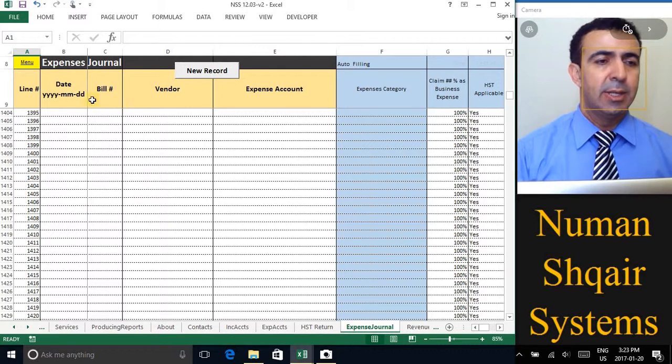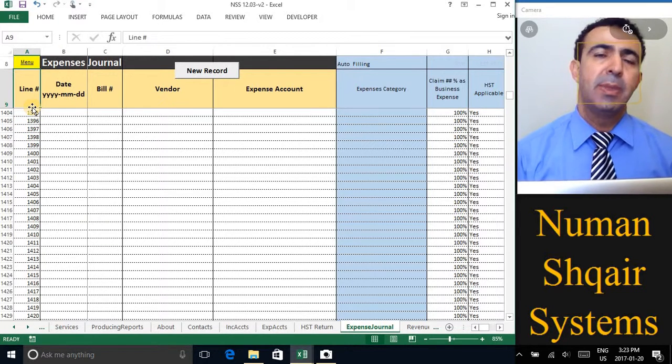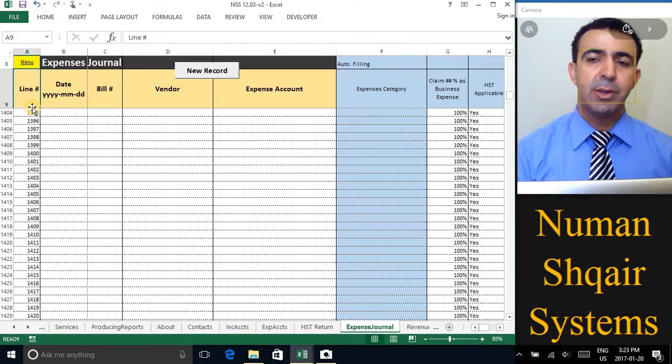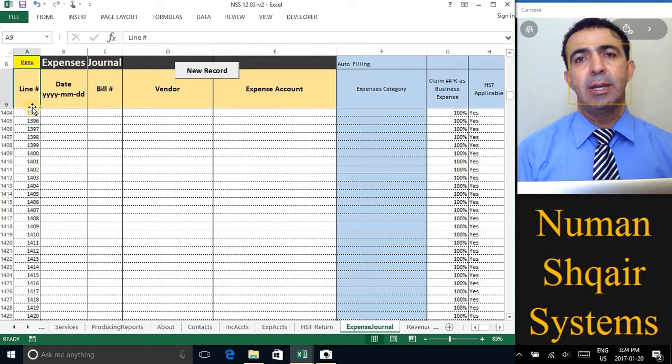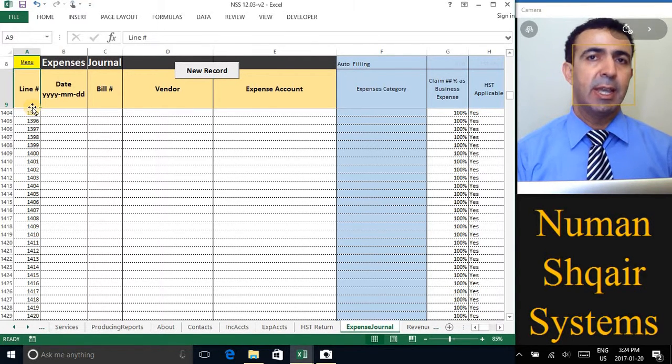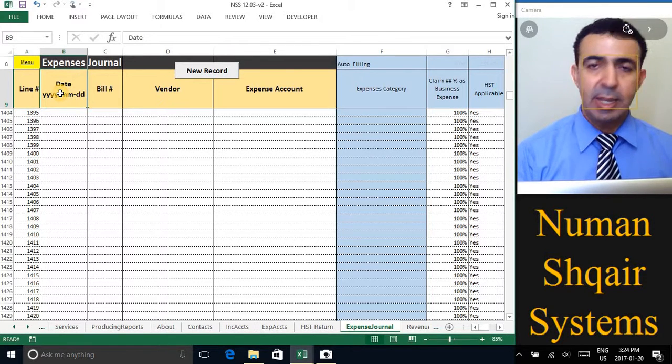Let me show you the various parts in this template before you proceed making entries. The first column, line number, is the reference number generated by the system. The purpose of this is that you can mark your receipts with this reference number while you're recording them in the system. This will help you later verify if you recorded a receipt, find it in the system, and check how it's recorded. The next column is the date of the expense,